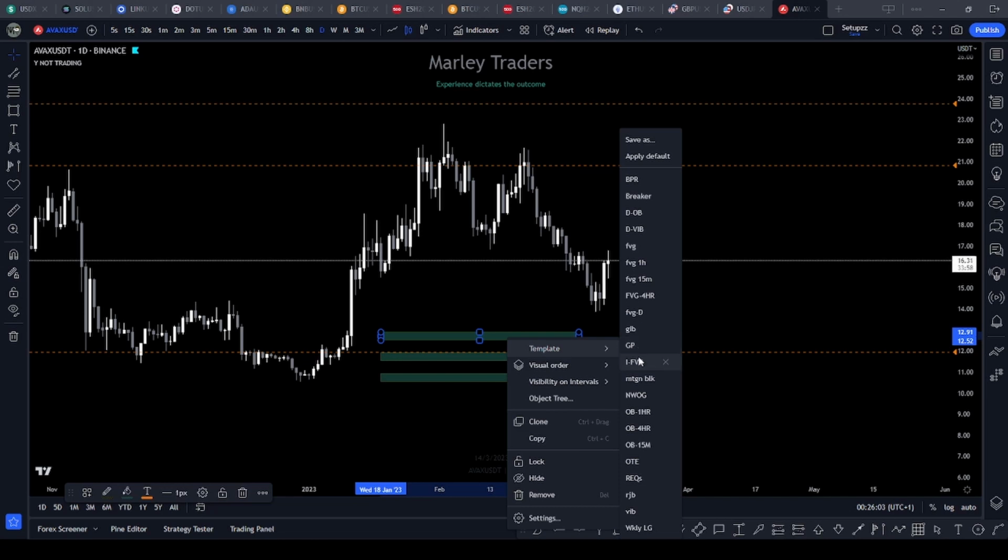Implied fair value gap, mitigation block, new week opening gap. This was before I created my indicator. I call it ICT gap indicator. The indicator measures new week opening gap and new day opening gap. 1 hour order block, 4 hour, 15 minutes OT, relative equals, rejection block, volume imbalance,